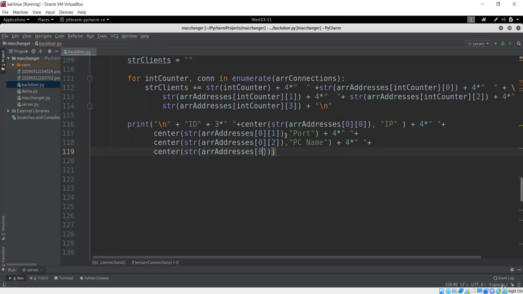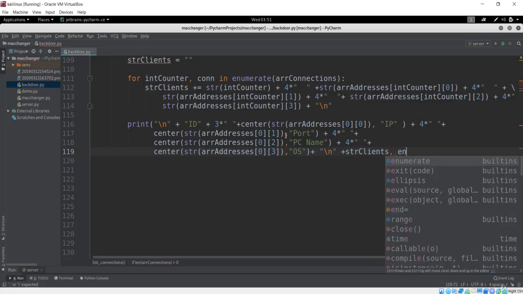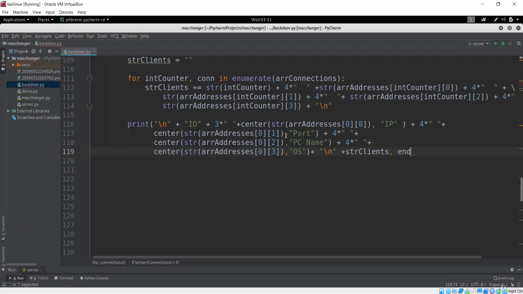And the last thing over here in this list will be your OS name, and let's type here your OS, and the information that I want to concatenate is with this /n. Let me say, if I add this /n, and let's add this with our str clients. So this is your clients, and the next thing here will be, if you see here, we have something that is an end parameter in the print. So we are not going to give /n to this end.